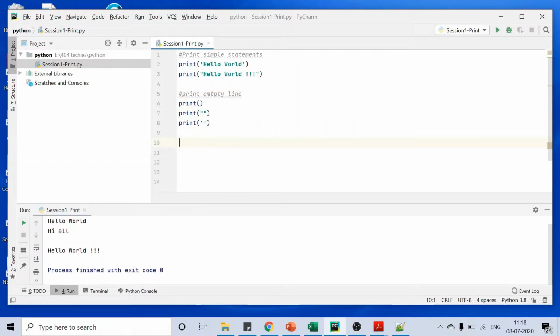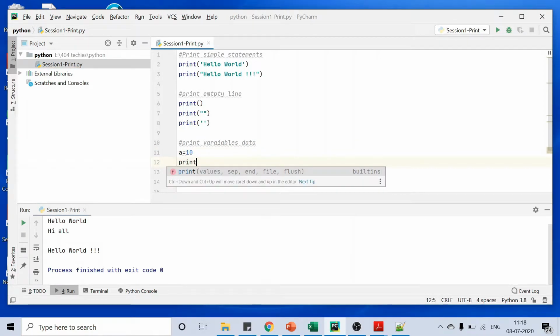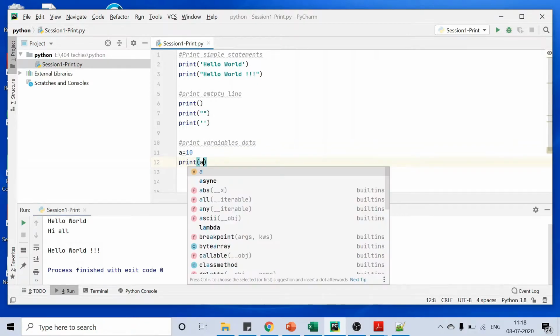Suppose you wanted to print the value stored in a variable, let's see how we can do that. I'm giving a equal to 10, and print a.